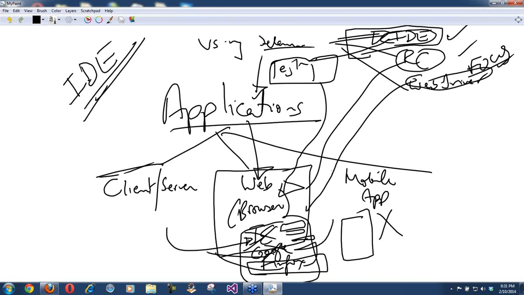When the time is right, definitely I'm going to be showing you all that, right? Right now, we will get started so that by the time we are done in another half an hour, you should be able to at least know this much of Selenium, that you can say, okay, I know what Selenium is. Selenium is a testing tool that can help me do the application testing for the web applications, and